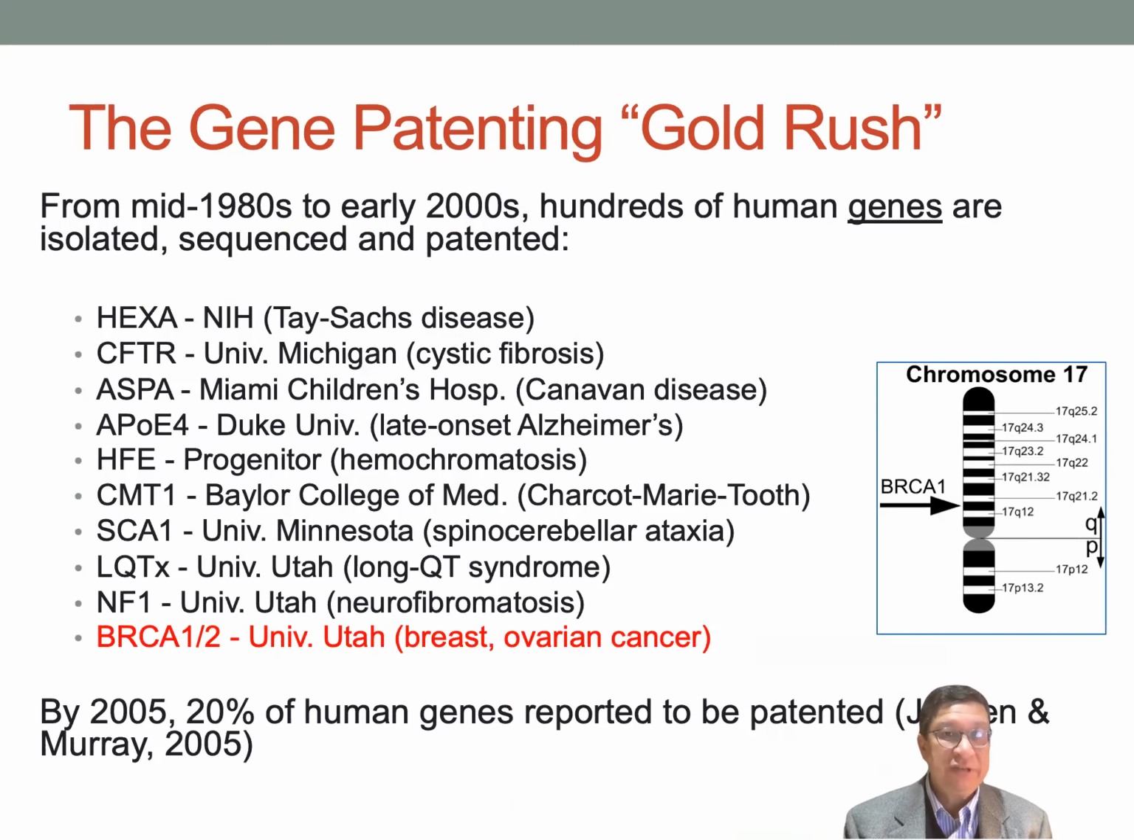And as you can see from this table, from the 1980s through the early 2000s, a lot of human genes were isolated and sequenced, and as a result, they were patented, most of them closely associated with particular human diseases or conditions, such that by 2005, 2 researchers at MIT estimated that approximately 20% of the human genes that were known were patented in some way. And these, of course, included the BRCA1 and 2 genes discovered at University of Utah, which I'll talk about in